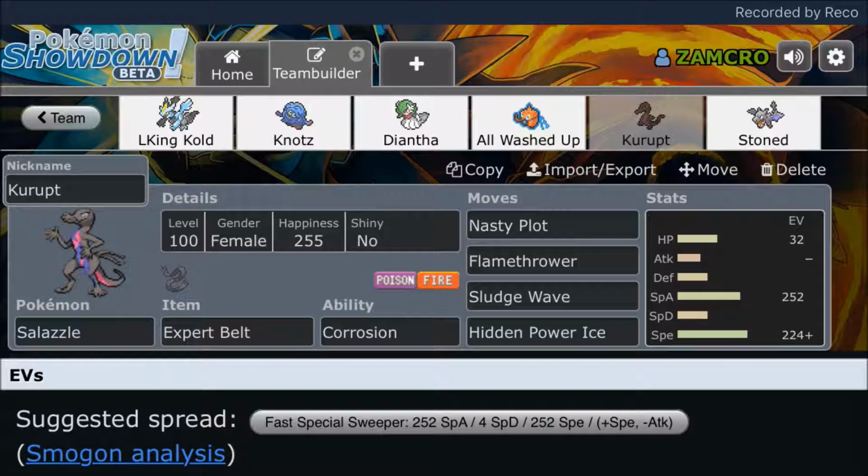Taunt is there to prevent defogs, spikes, hazards from Skarmory if it's his lead. It prevents Scizor from Swords Dancing if I get into the late game, to where he has to actually Swords Dance to win the game. Like he could Swords Dance, take any hit, well probably not take any hit. He might have like enough defensive investment to live a Fire Fang, maybe. Like Scizor's that bulky, but what I'm getting at is